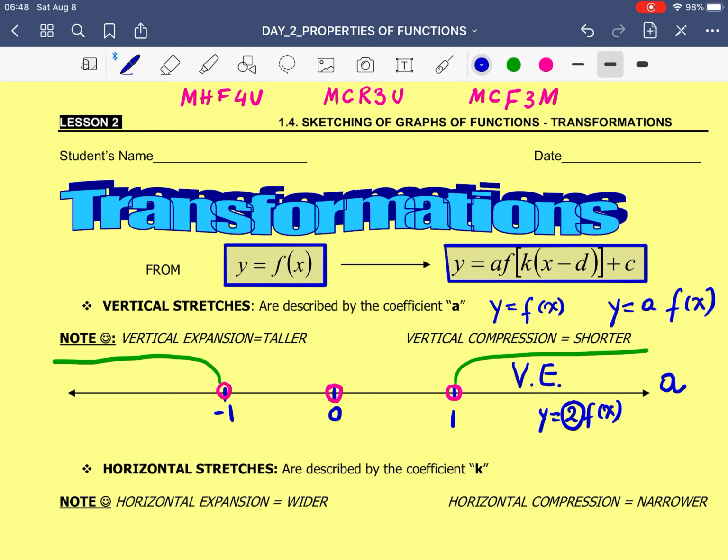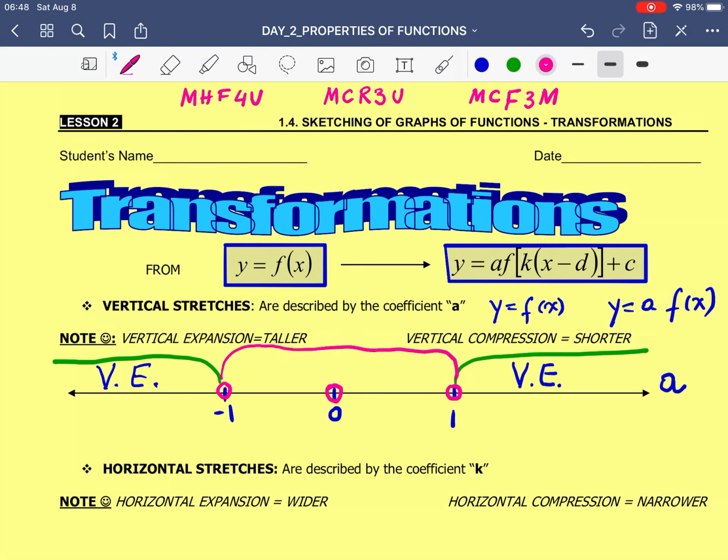It's more precise. The same thing happens if the function has a value less than -1. The function will undergo vertical expansion. So I hope this is kind of easy to see and understand it this way. Now, if the a values are between -1 and 1, always excluding 0, then we're going to say that the